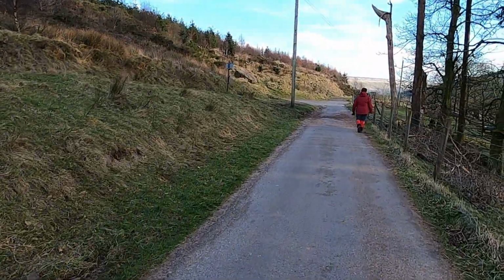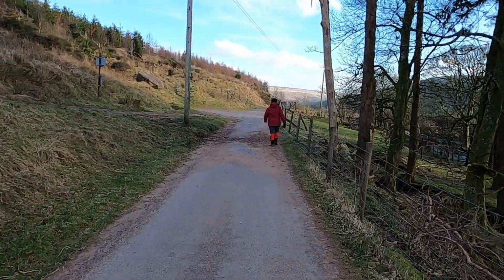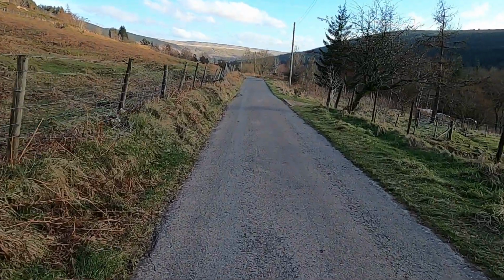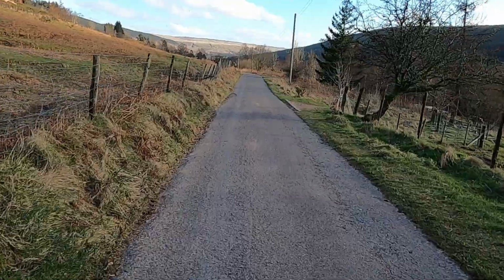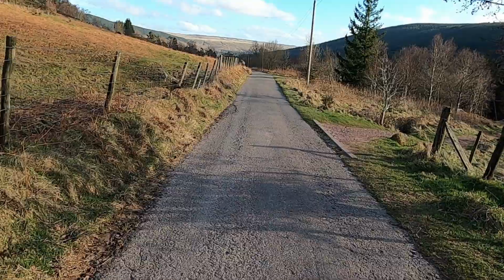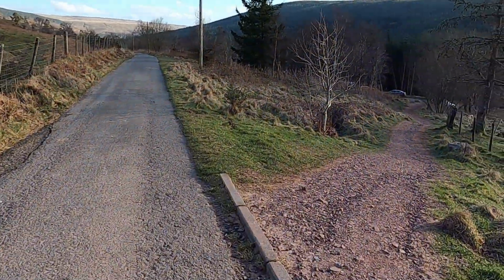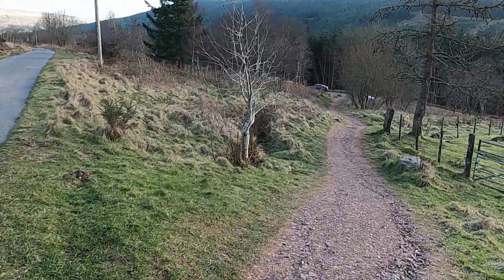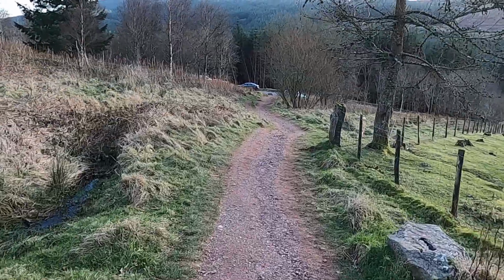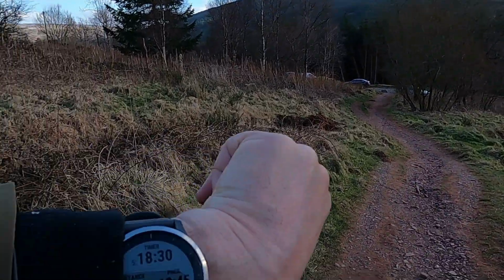Miranda's racing ahead as normal. Oh, that's very nearly the end for us. I'll walk down this tarmac road. Now down the track back to the car park. The cars are literally just there, so 100 yards to go, I suppose. According to the Garmin,